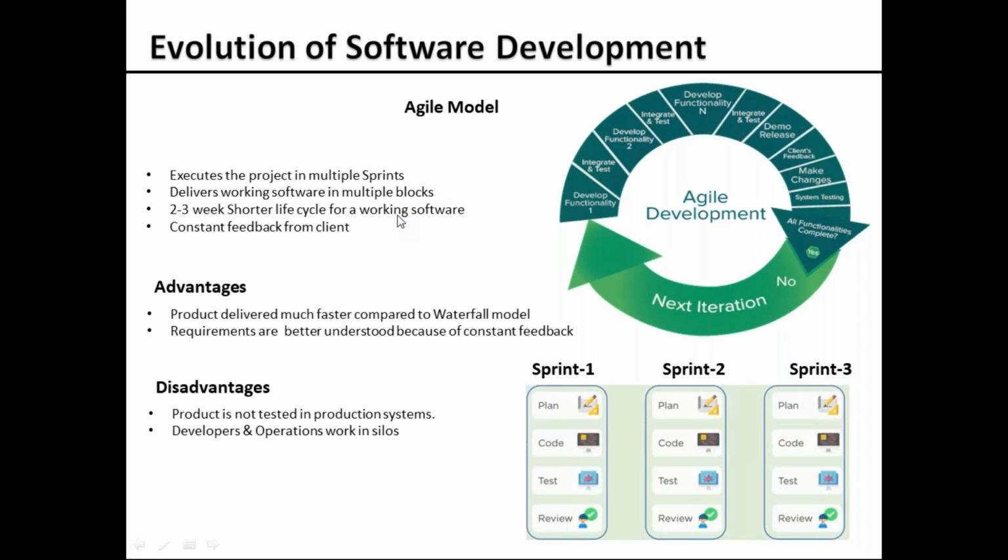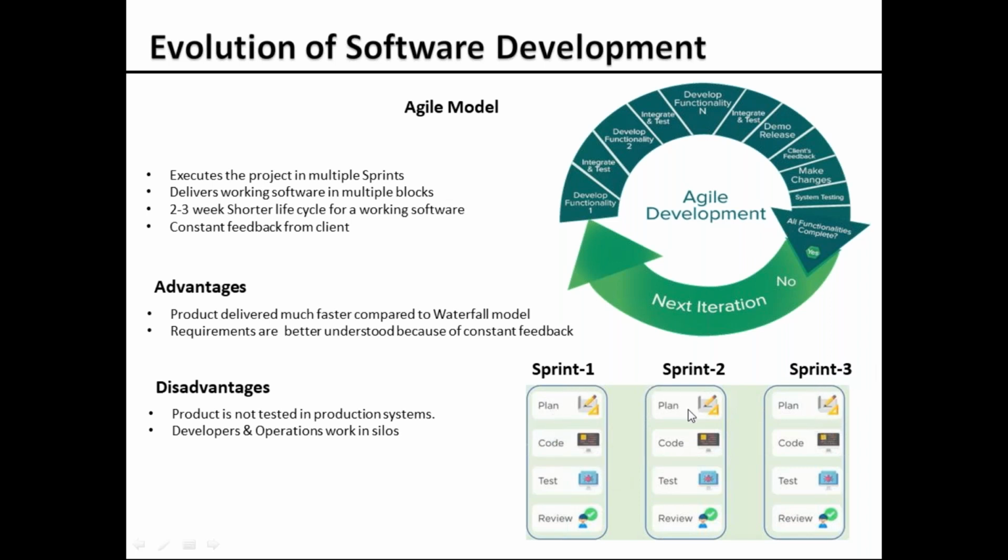Let's say it is a search functionality. We'll implement that search functionality and give it so that the client can test it and review it, and then he gives the feedback. And then going forward, we're going to execute the rest of the requirements, which are very clear, and we pick them based on the client priority and execute them in a sprint, and so on. To build one complete software, we're going to go through multiple iterations of these sprints.